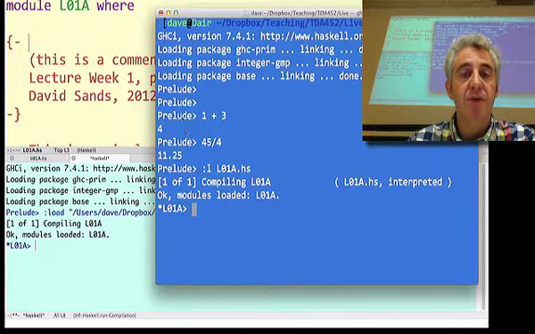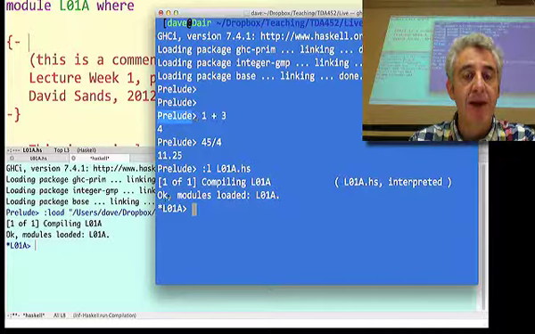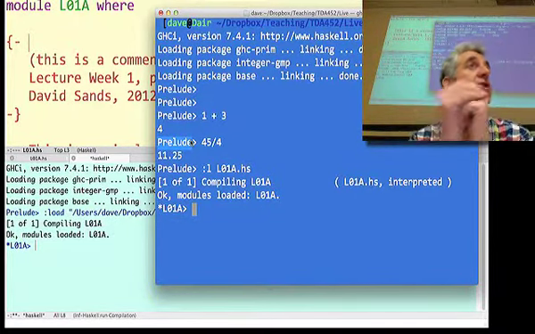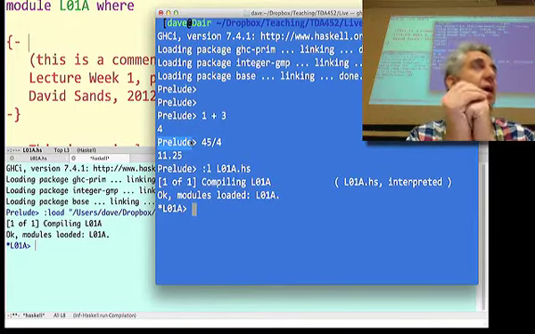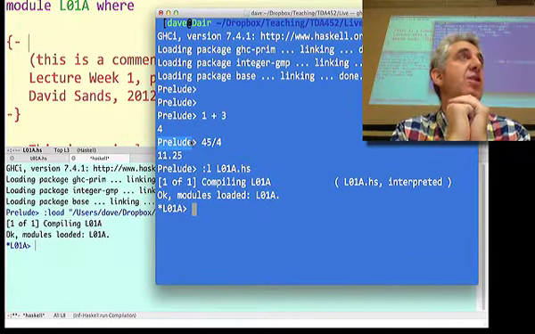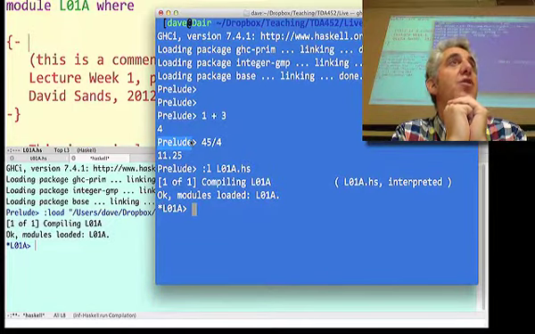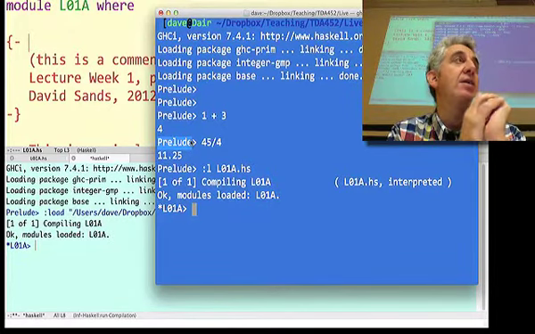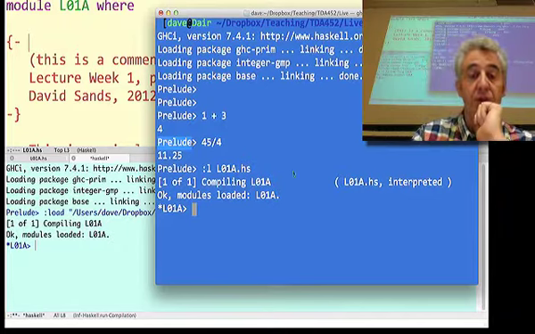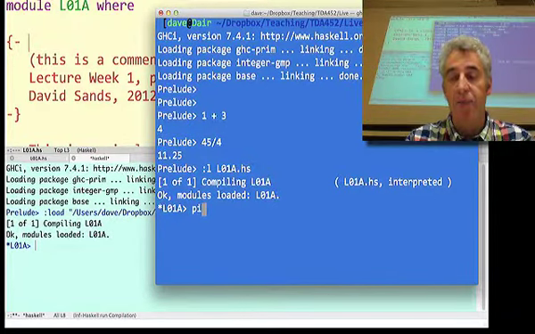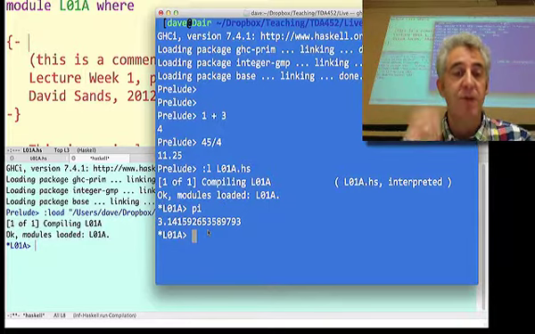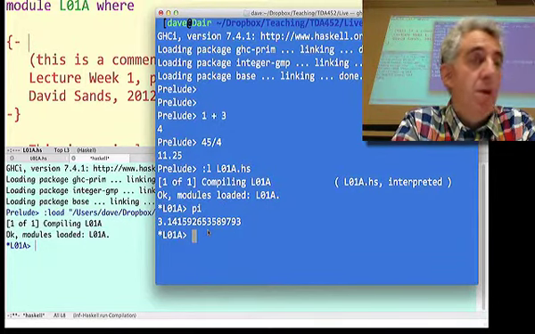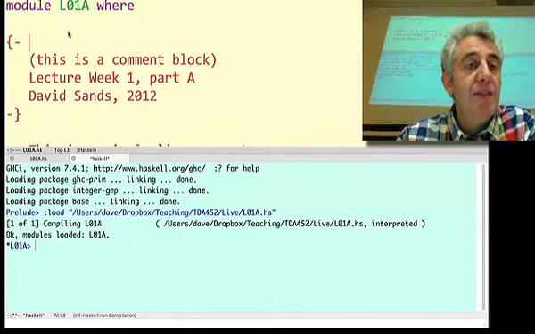So what else can you notice from this? It started with something called Prelude, and now it's changed to L01A and some other stuff. Well, the other stuff includes the Prelude. The Prelude is basically just a bunch of definitions of Haskell code that is loaded by default, and it contains a bunch of standard functions and other definitions. For example, it might contain some basic constants like pi. If I type pi, it gives me its double approximation.